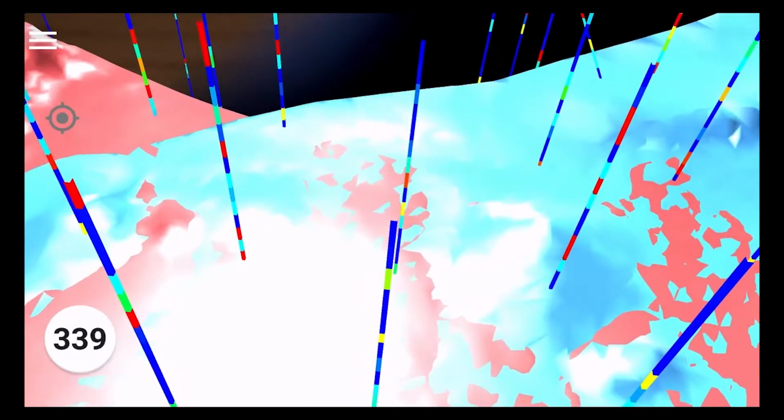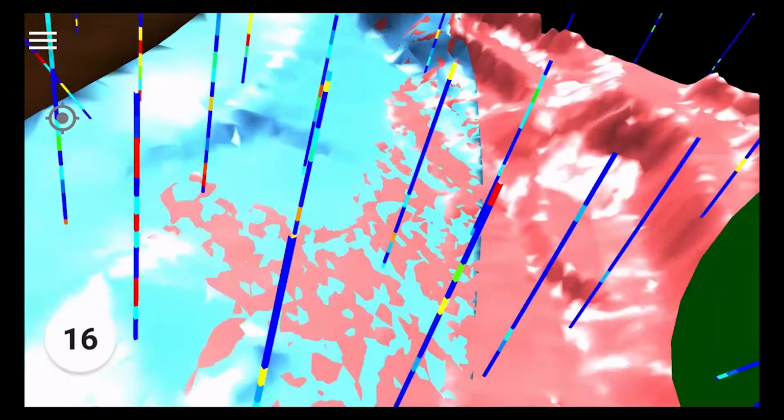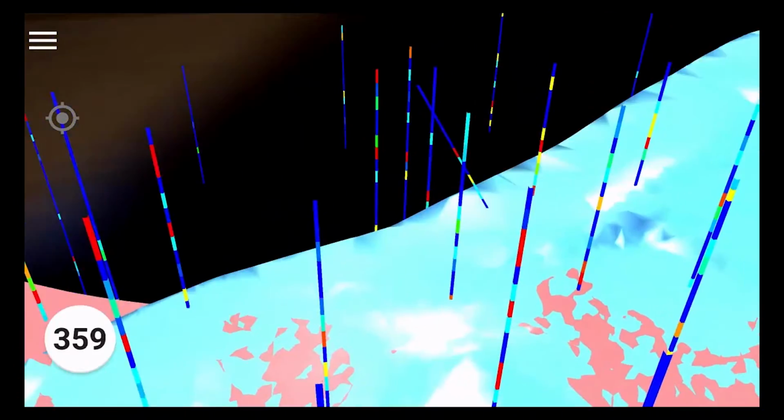The next thing we want to look at is the fact that we're floating up in the air above our data. The default setting for any scene that you load, if you don't have a GPS function turned on or a positioning function, is to set you in the middle of your data set, but at the highest altitude point of your data. So in this case, I'm floating up in the air. So I'm going to change that.